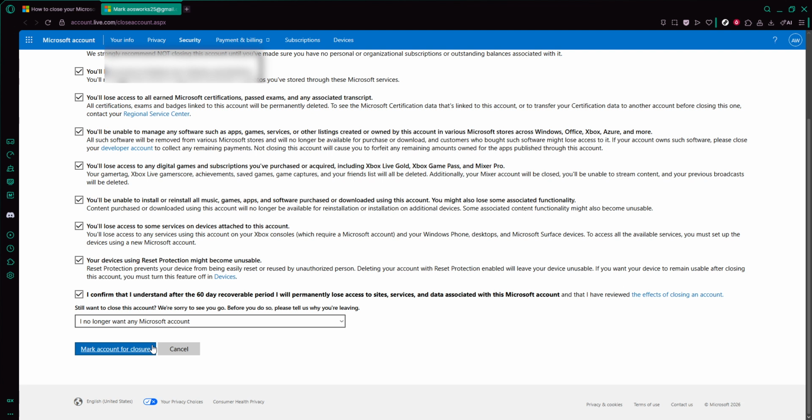After you've confirmed that you understand the impact, follow the prompts on screen to complete the deletion process. These prompts might include confirming your identity, re-entering your password, or verifying with a code sent to your email or phone. Carefully complete each step as it appears. When you reach the final confirmation, you'll usually need to click a button to finalize the closure request. Once that's done, your request to delete the account associated with Microsoft Loop